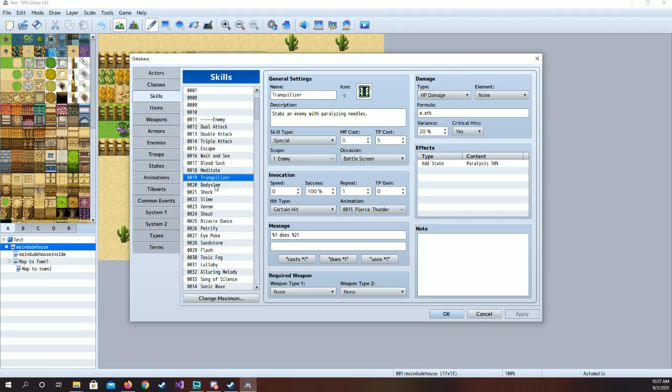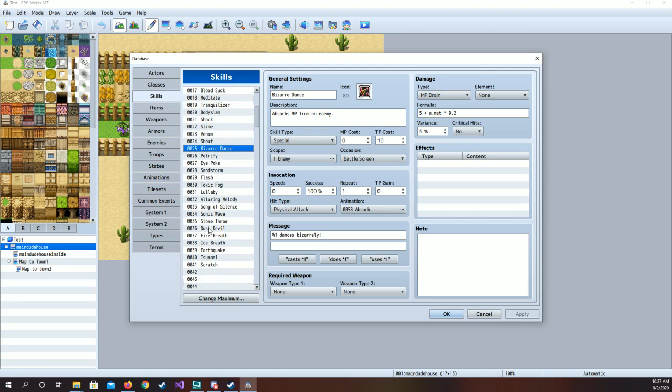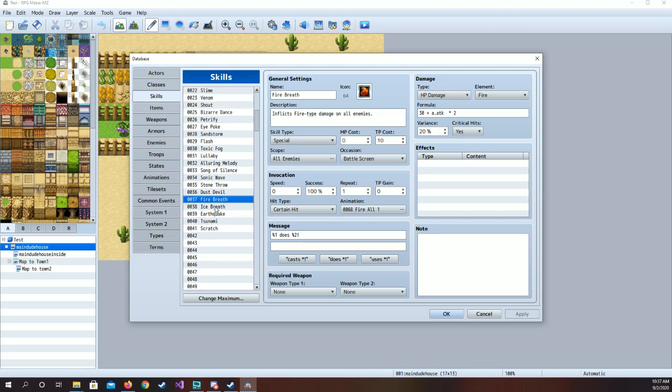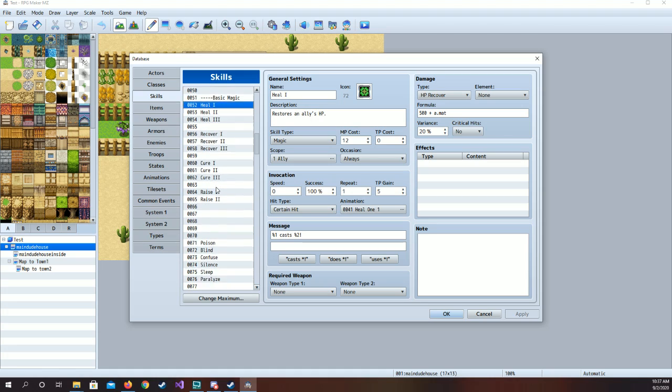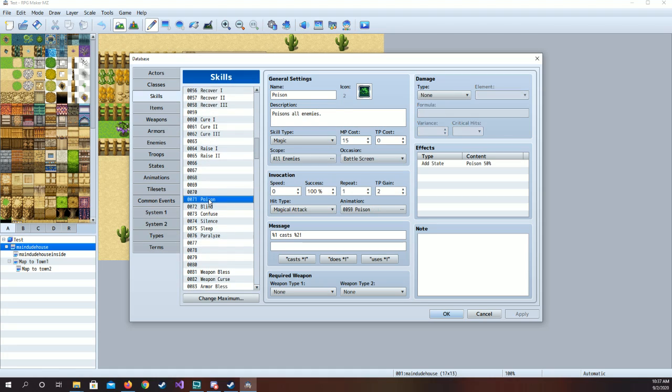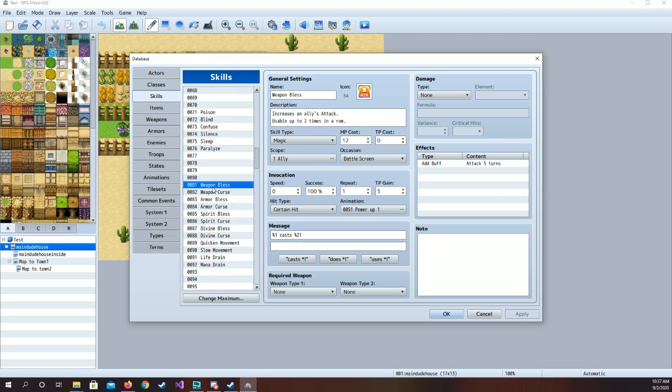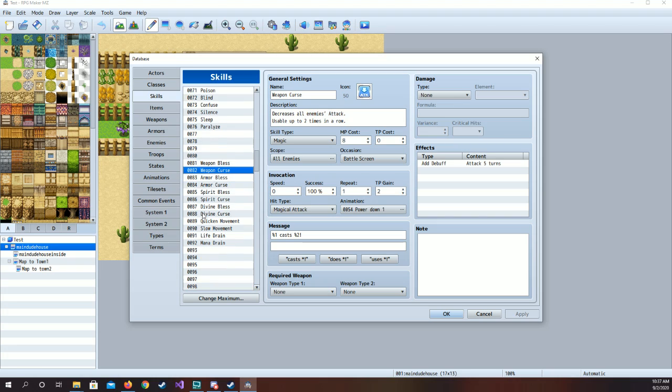But a lot of these are stuff that you're like, okay, this is essentially what it does. And then healing magic, poison, blind, confuse, some blesses and some curses,